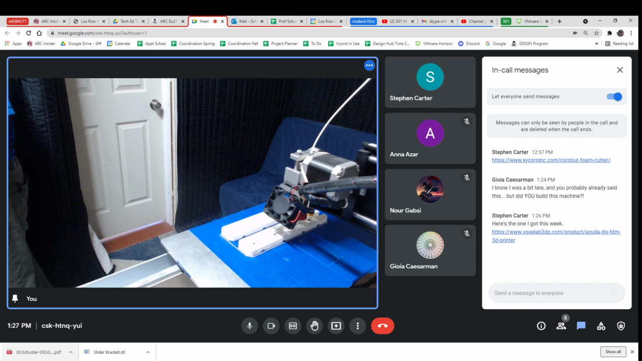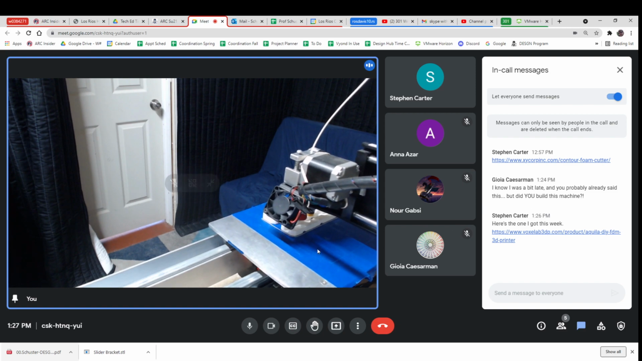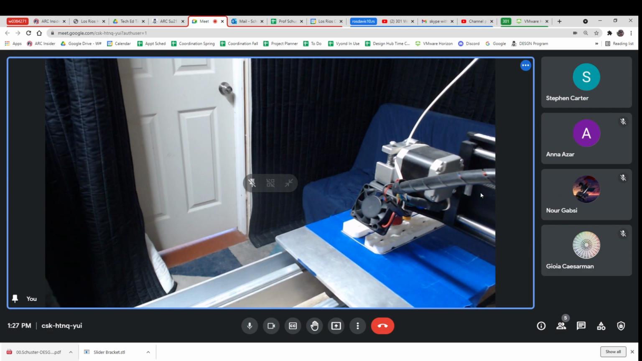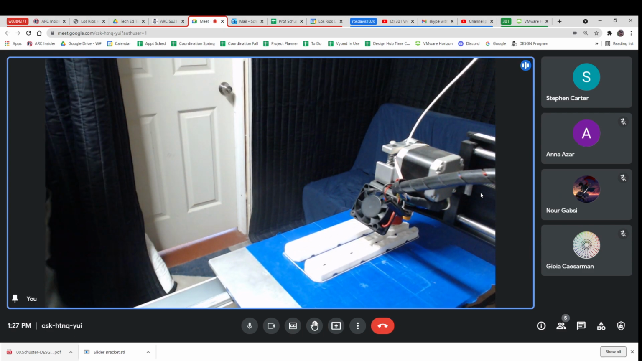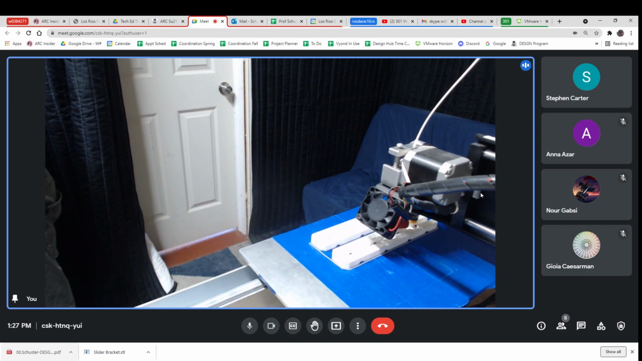Yeah, there you go. And so Joya asked, did I build this machine? No. This machine, this part here that you see is from a company called Printerbot that no longer exists. They killed themselves